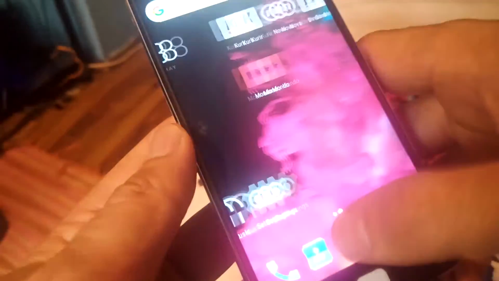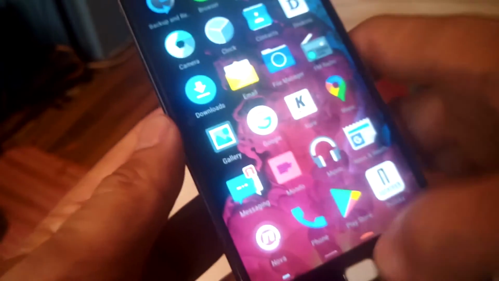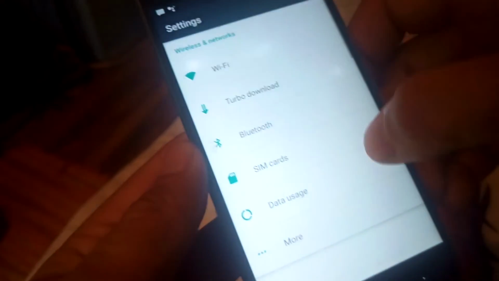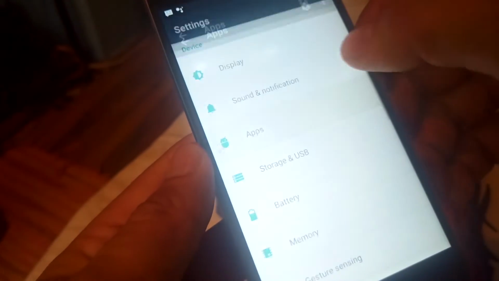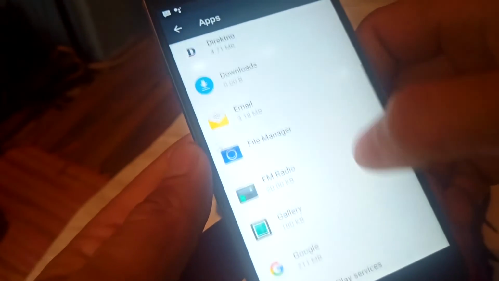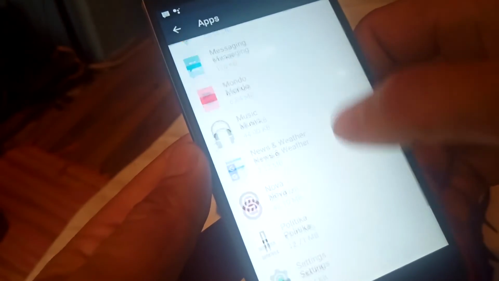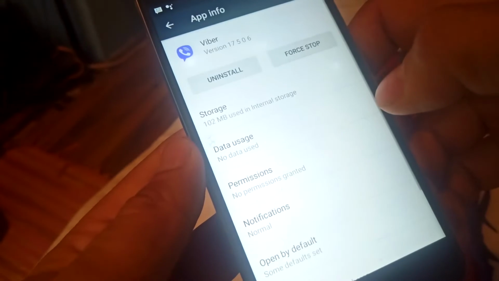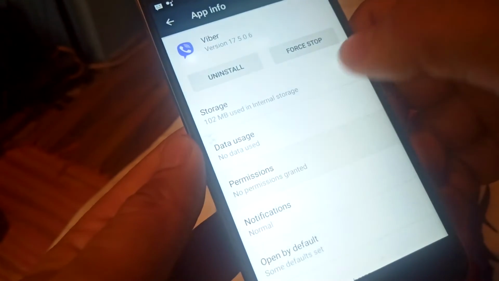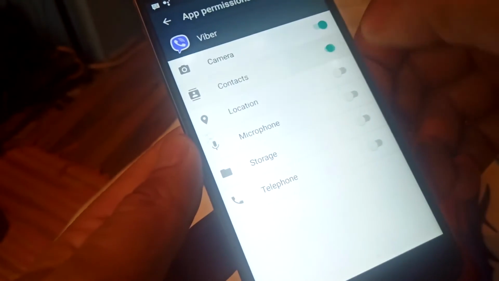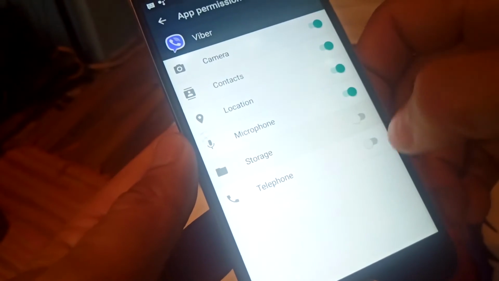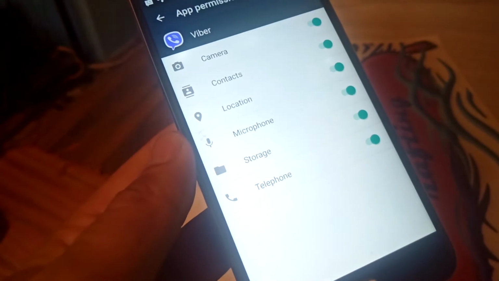Just go to the application section in settings, find Viber, okay, and set the permissions by yourself. Okay,